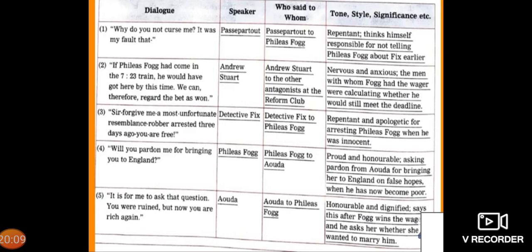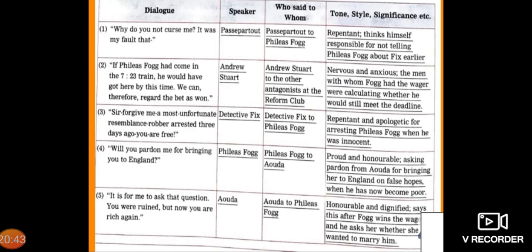Third, sir, forgive me, a most unfortunate resemblance. Robber arrested three days ago. You are free. Speaker is Detective Fix to Phileas Fogg, repentant and apologetic for arresting Phileas Fogg when he was innocent. Fourth, will you pardon me for bringing you to England? Speaker is Phileas Fogg to Aouda, proud and honourable, asking pardon from Aouda for bringing her to England on false hopes when